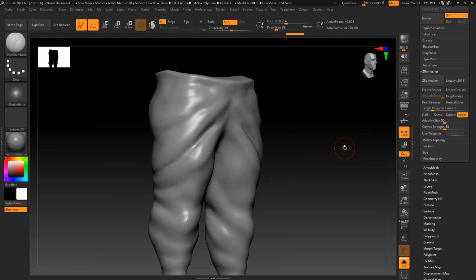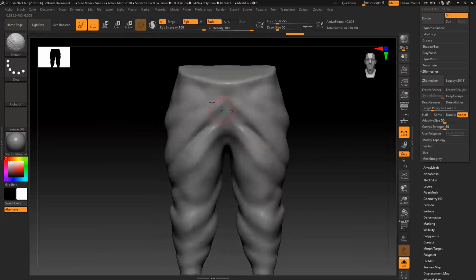Now, the topology will reduce some detail. So you have to project it back. You have to duplicate the model, then remesh it, then project it back to the actual model. Because this model doesn't have much detail, I just used it directly. So if you have a detailed model, make sure to duplicate the model first, remesh it, then project it back all the way. In that way, you have all the subdivision levels plus detail.